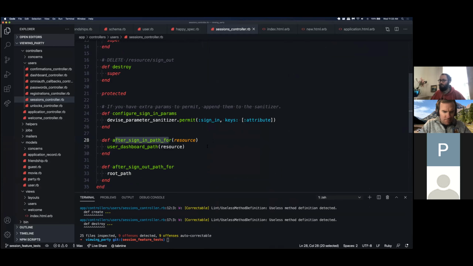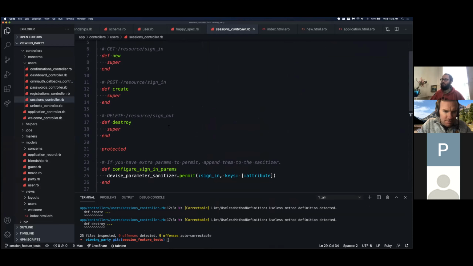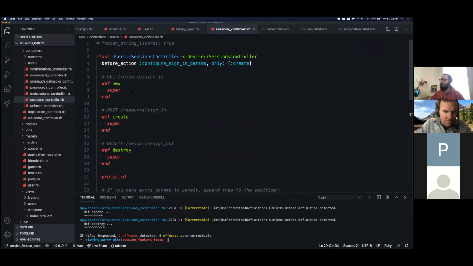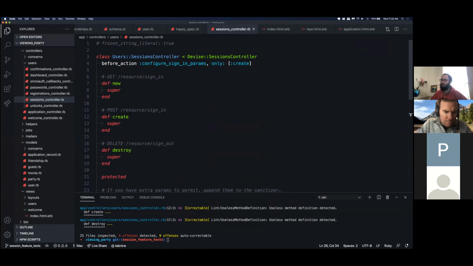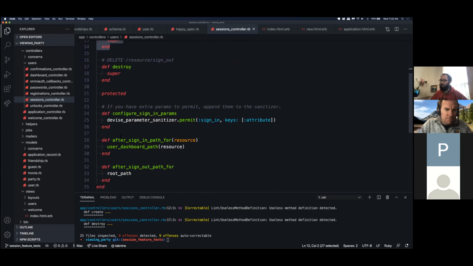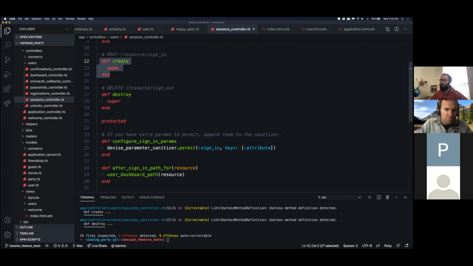So it does like this. I see. Okay, and when does after sign-in path get called? So once you sign in, which is, I'm pretty sure it's the create, it then calls this. But if you try and add anything else to this method, it gets very unhappy. I see. Okay, so that's probably like some kind of